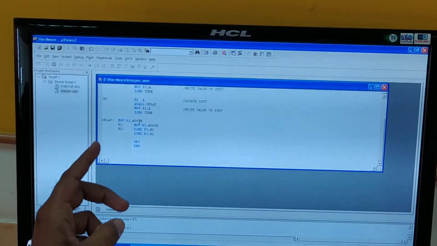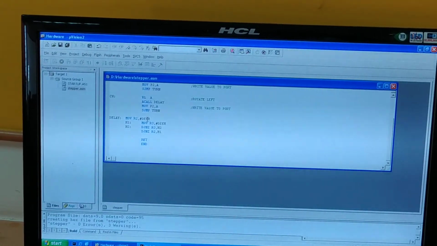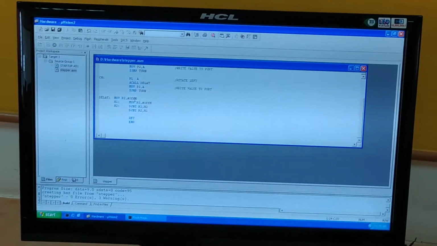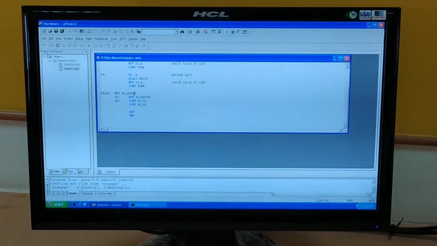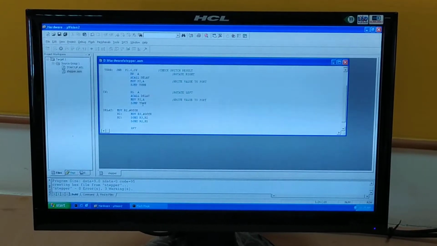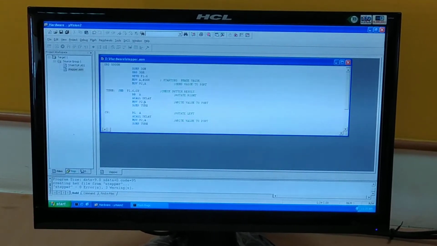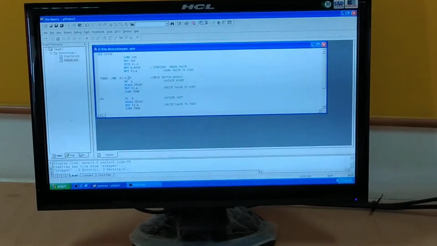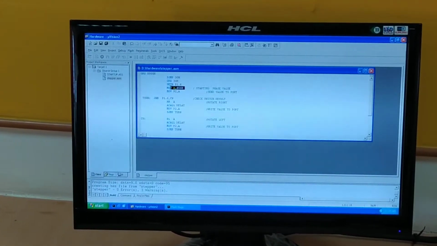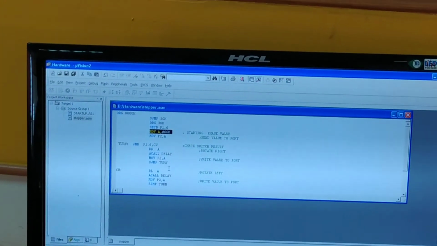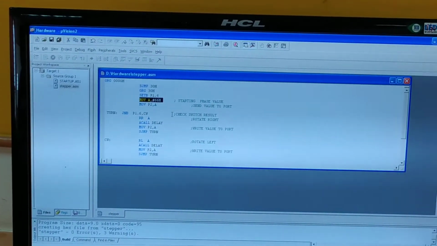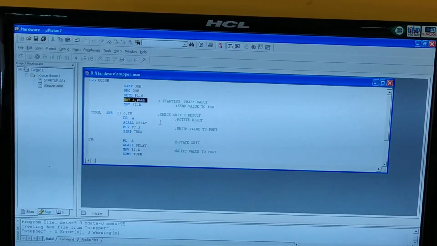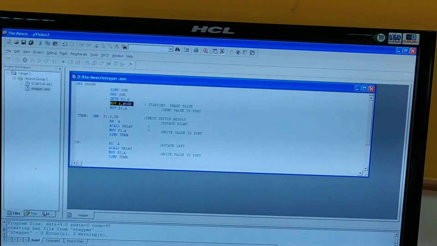If you lower the values, the speed of the motor will be increased. That modification you can do. And you can change the values, meaning the number of times you are sending the value to the motor will specify a specific angle or number of rotations. That also you can do. Thank you.